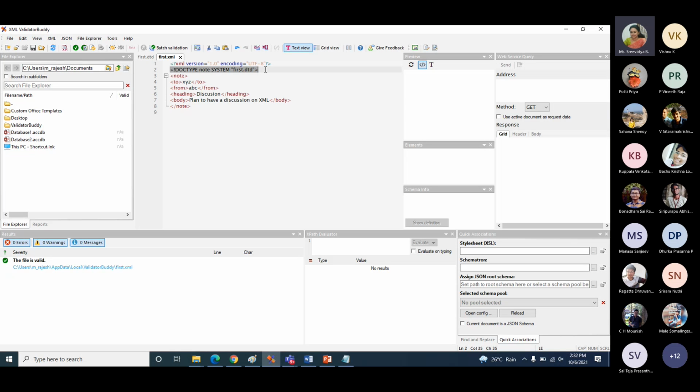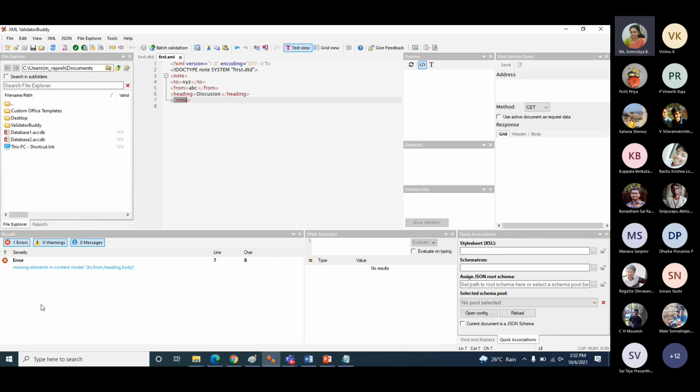Now assume I have not made body here. That means in my XML document, there is no element called body. Now let me see whether any errors come or not.